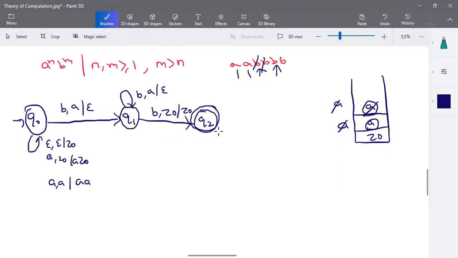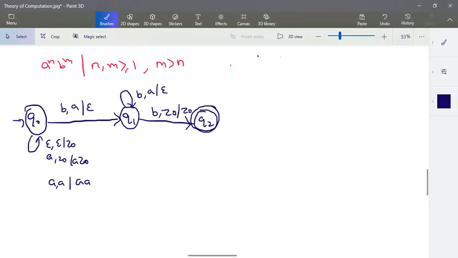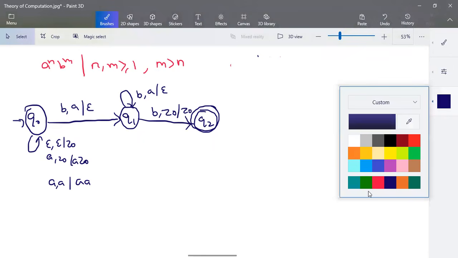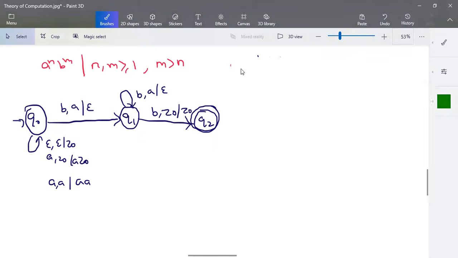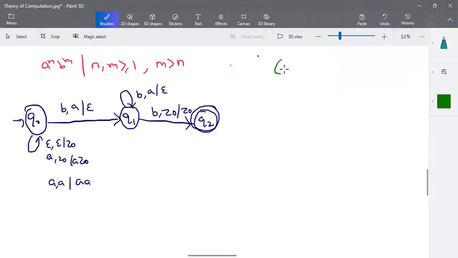Okay, and one more thing you have to concentrate on here is, I'll just show it with an example. With an instantaneous description, I'll show how it is actually working. So I think till this it is clear, right? Till this step it is clear. Now, I'll take one example. Starting from Q0, if my input consists of A, B, B, B, B,